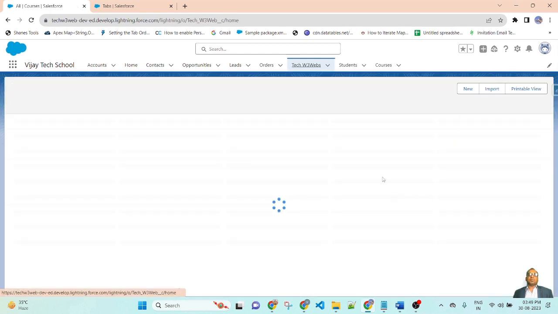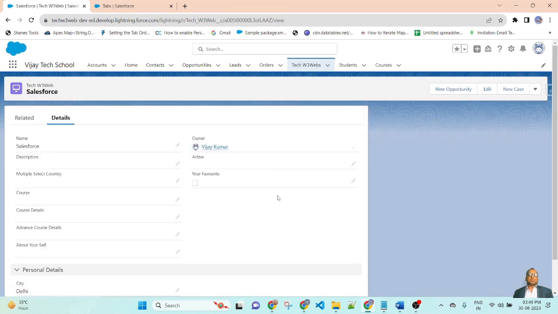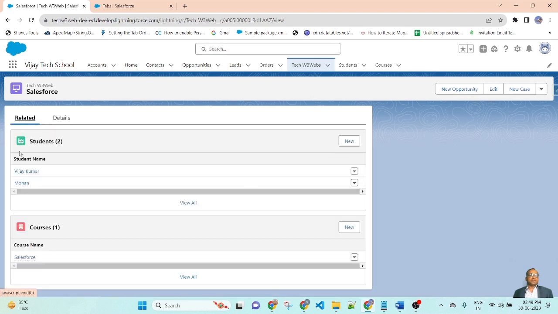Open it directly from here, click on the tab and open any of the records, go to the related list. So here you can see the Course object, there is one record, the Salesforce record of the course associated with this record.